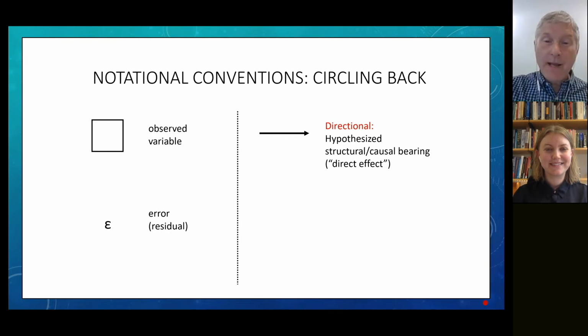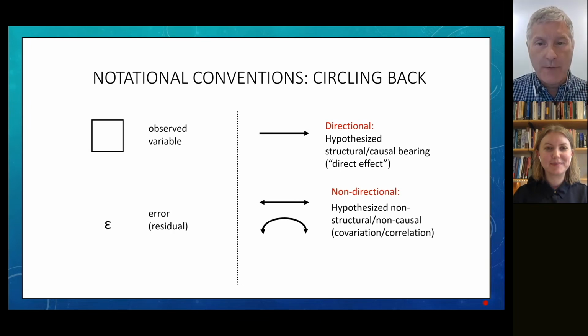And then we will have two-headed arrows in our model, which are sometimes called non-directional relations. And you might think, oh, two-headed arrow, two things are influencing each other. No, that's not what that means. In fact, if that was something that you thought was happening, we would have two separate arrows, each going in opposite directions. A two-headed arrow refers to the idea that we think these things are related to each other, but not for the reason of any other variable that we have as part of our model. So two things are related because of external forces that are operating.